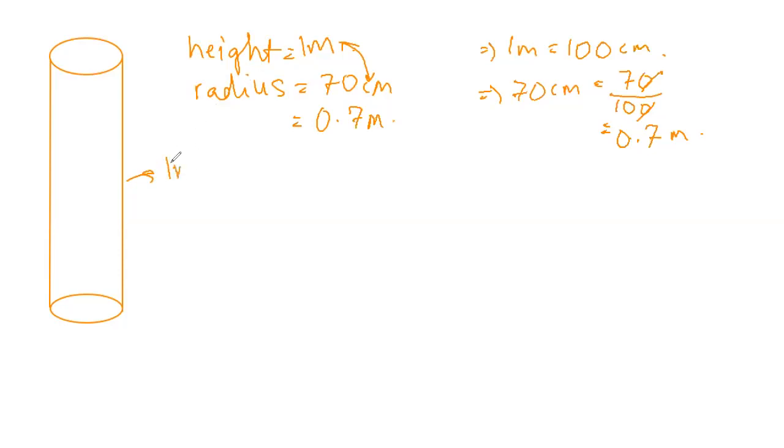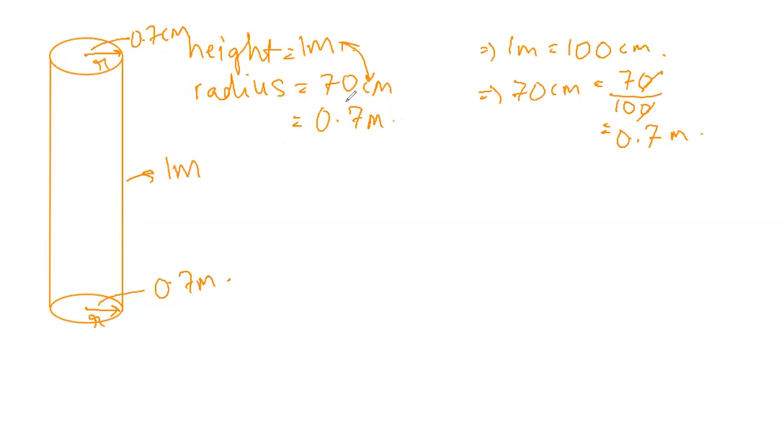So the height is 1 meter. Our radius specifically mentions base. So it is 0.7 meters. So if it is 0.7 meters, this will also be 0.7 meters. It mentions that base radius is 0.7 meters. For the sake of completeness, the top and the bottom circles are the same. So I'll just write radius is same throughout in both the circles. So even if you take this circle instead of the base, it is fine.